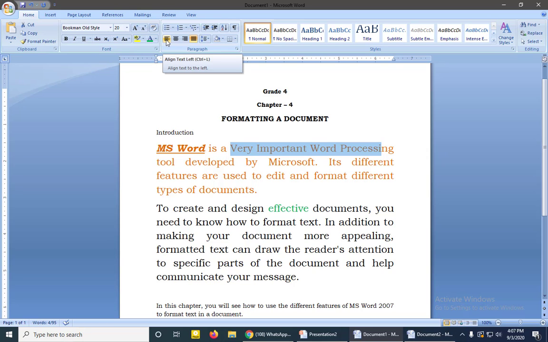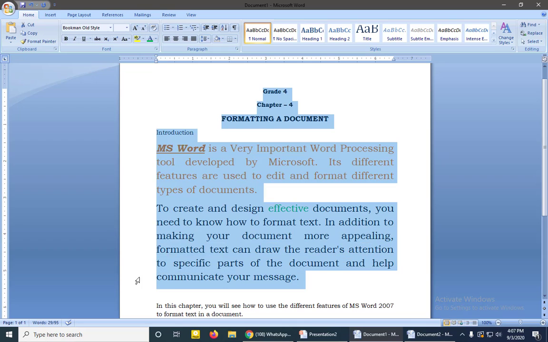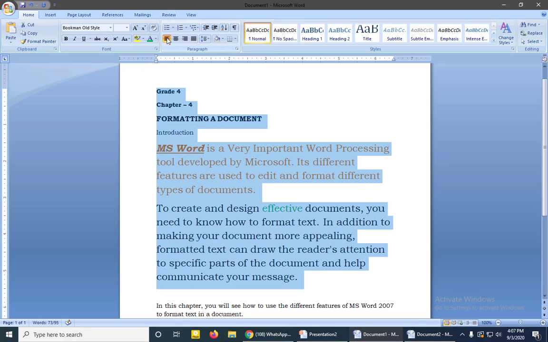You can see it when you take the mouse cursor, it highlights, that is align text left. So it aligns to the left side, the margin of the page. So left align. See now the grade 4 chapter and formatting documents were in the center. Now it came to the left alignment.